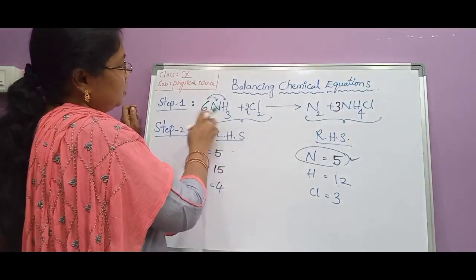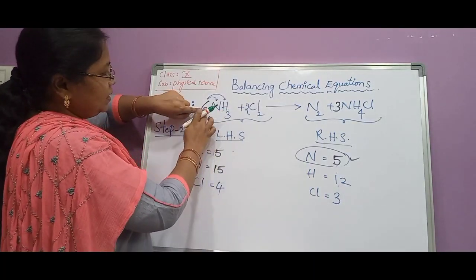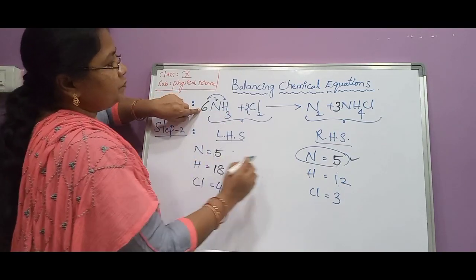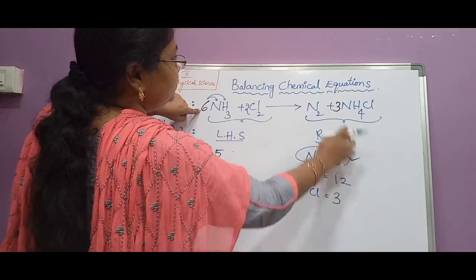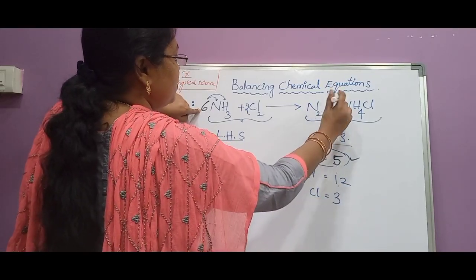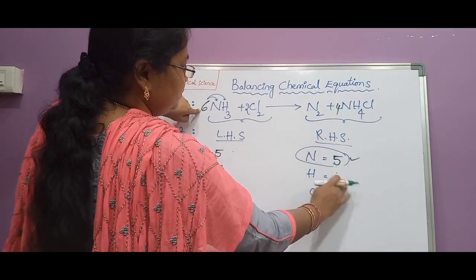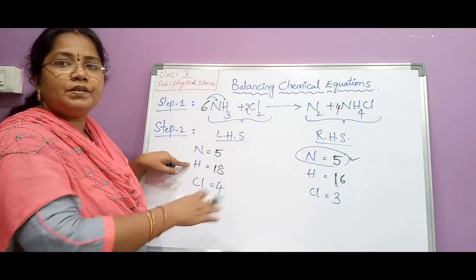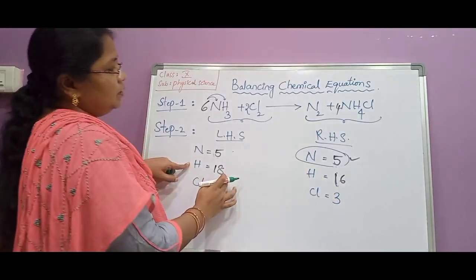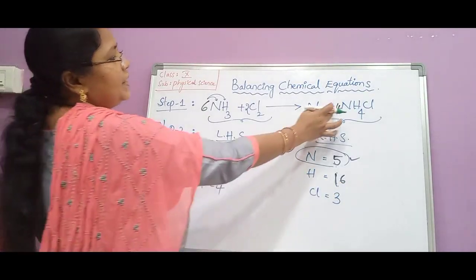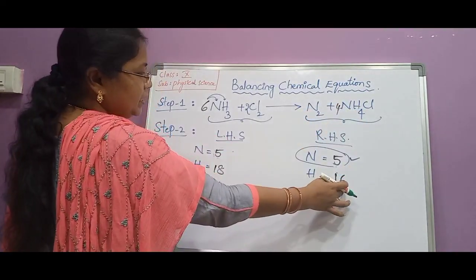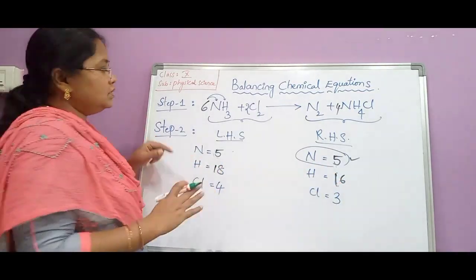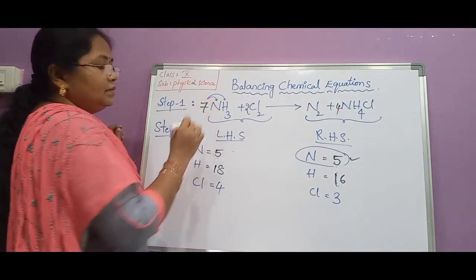Okay. Now, if you try with 6, what is going to happen here? 6 3s are 18. Hydrogens number became 18 here. What about this side? Hydrogens 3 4s are 12. Okay. Suppose if you write 4 here, what happens? 4 4s are 16. Again, there is a difference between the number of hydrogen atoms here. 16, 18. Suppose if you write 5 here, what happens? 5 4s are 20. It becomes 20. Hydrogen atoms that side becomes 20, and this side is already 18. So again, it's not balancing. So we'll go for the next number, that is 7.